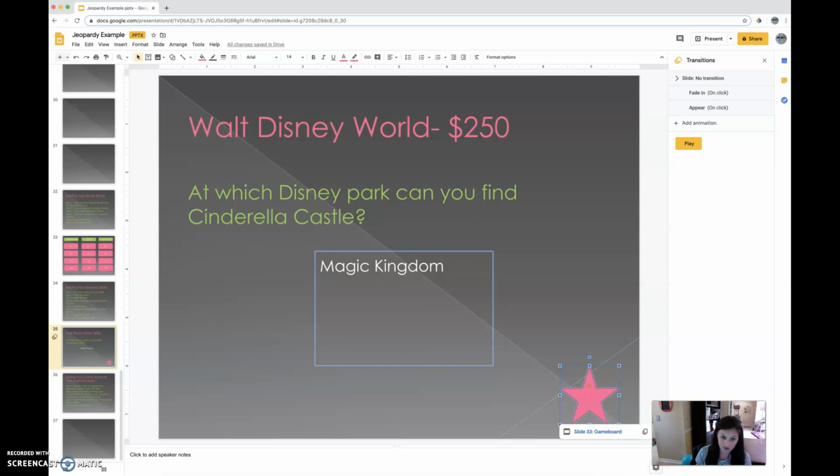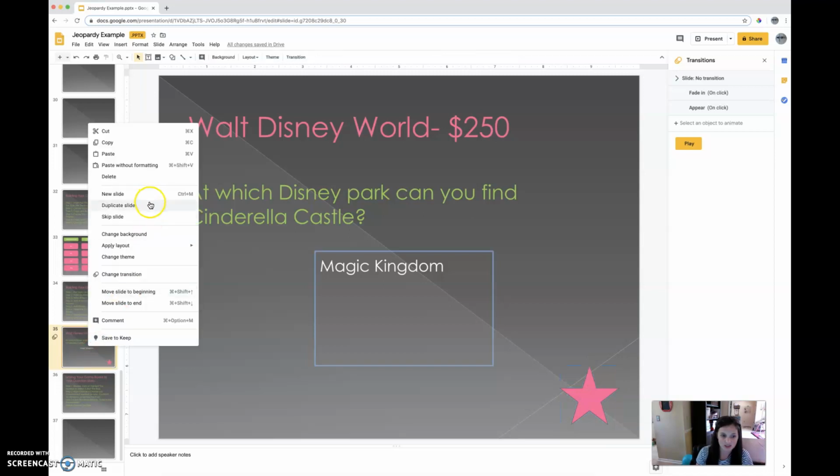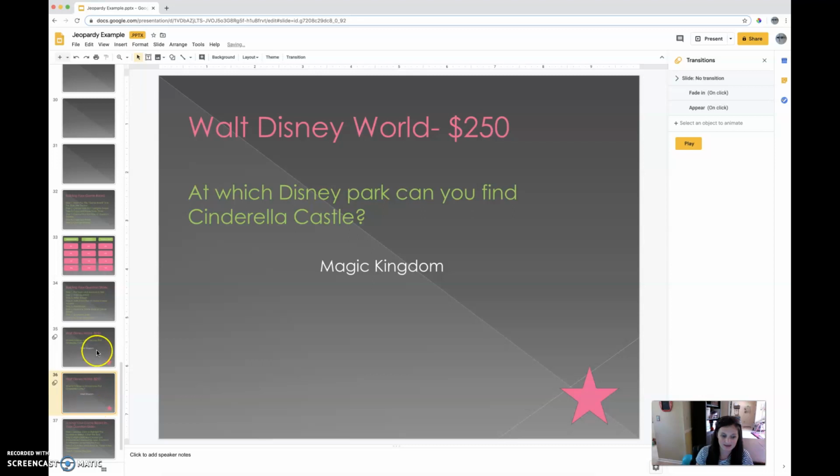You are done building your first question slide. I know that was a ton of work, and you're like, oh my goodness, how am I ever going to get through all of this? Well, remember how I talked about duplicating? What we're going to do now is we're going to come to this side, right click and choose Duplicate Slide. Now, everything is already set up on my second slide. So all I would do is come to my second slide,